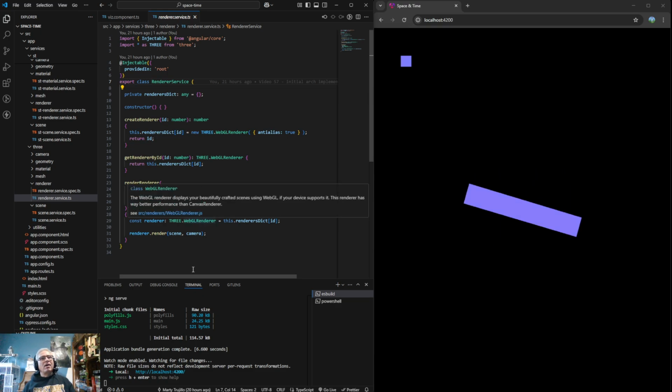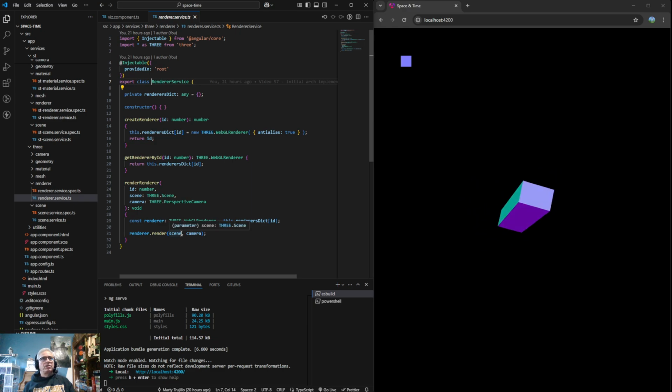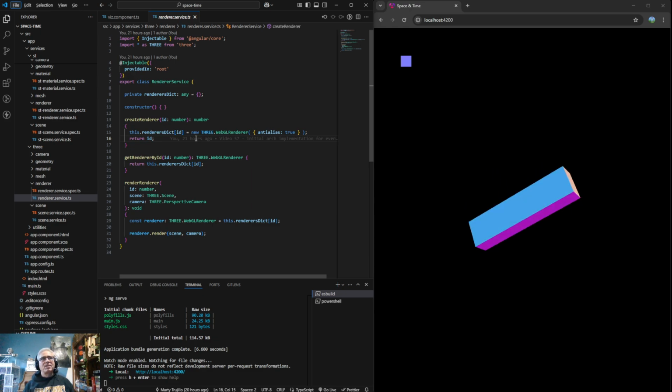So it does not have the concept of an animation. It seems like when I create a renderer, I would want to be able to add an animation by ID, an animation that's specific to this renderer. So we're just thinking out loud right now, taking a general look at what we're working with here. But it seems like what I'm going to want is some mechanism here for adding an animation